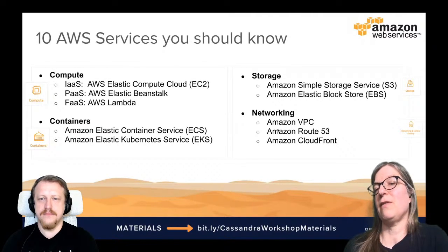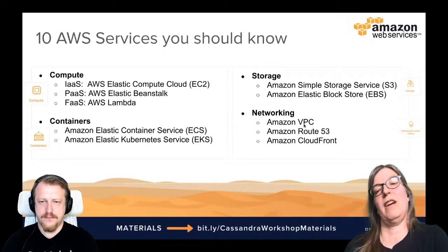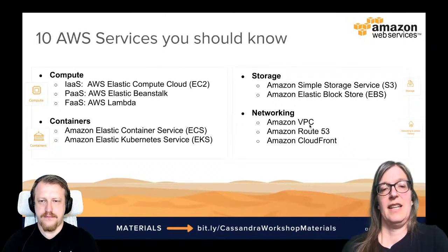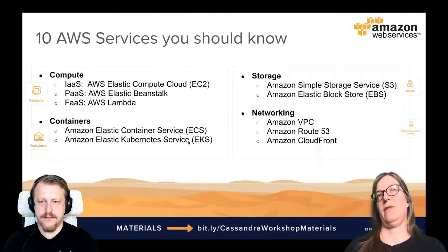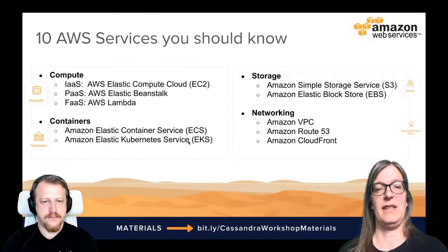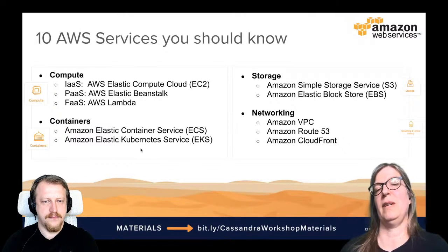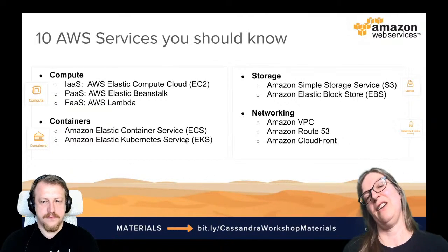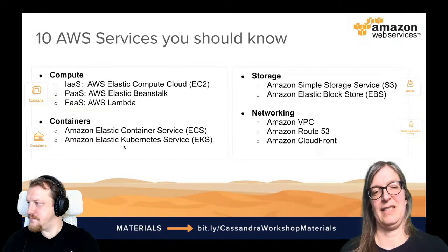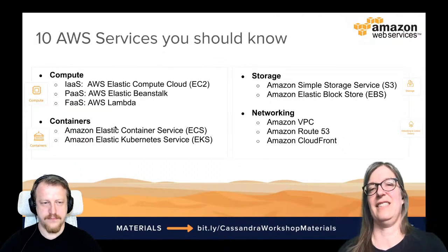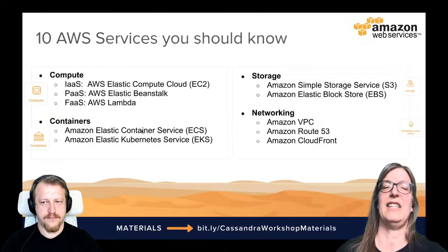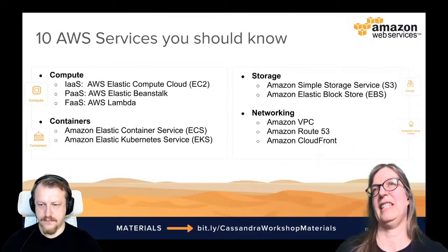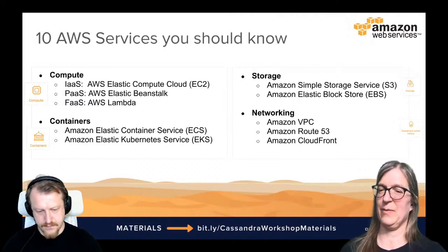Then we have different networking solutions. The virtual private cloud is probably the most prominent there. And then, of course, for the purpose of our workshop here, what is important is the Kubernetes service and the container service. And you will see that a lot of the Amazon services are prefixed with Elastic. So you have Elastic storage, Elastic services, Elastic Analytics, these kinds of things.